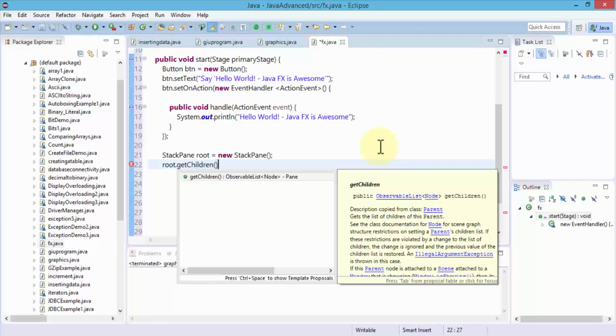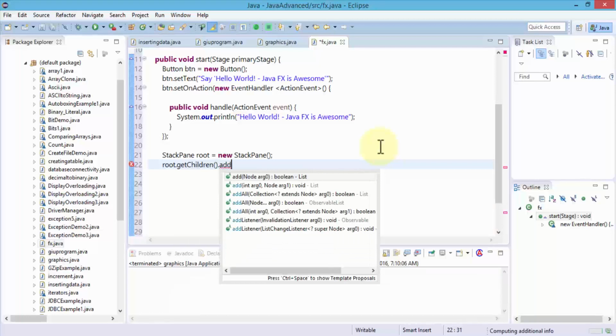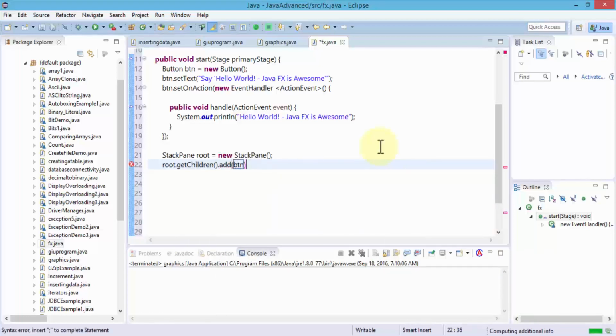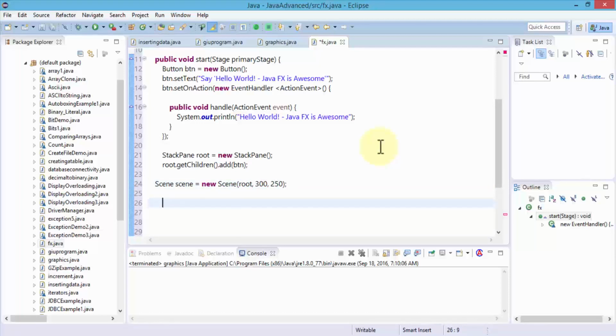And then I'm going to set this children.add to the btn. Perfect. Semicolon. So once I'm done with this, next I define my scene, right? The actual canvas window, for example. So here I'm going to go ahead and do scene equals the new scene, and then of course the root goes in here, and then comma, specify let's say 300 by 400, or let's say 250 is fine, semicolon, and then I'm going to go ahead and do the primary stage,